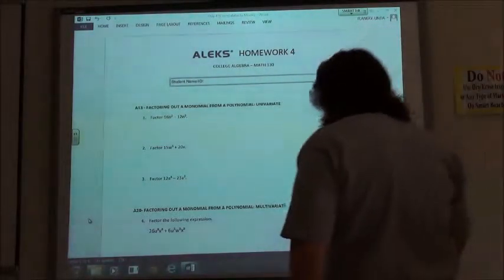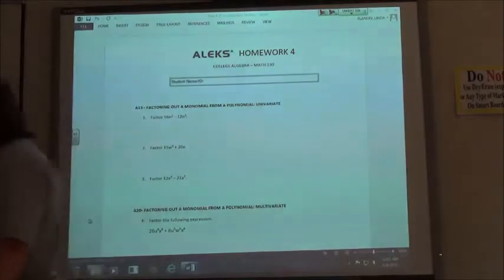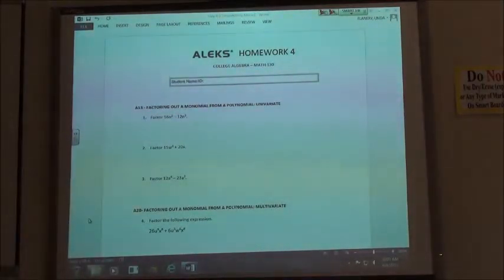All right, so homework 4 starts off with factoring, which you've probably done a whole ton of in your lifetime, but you get to do more. Normally when it says to factor, the first thing you're going to look for is the greatest common factor, what